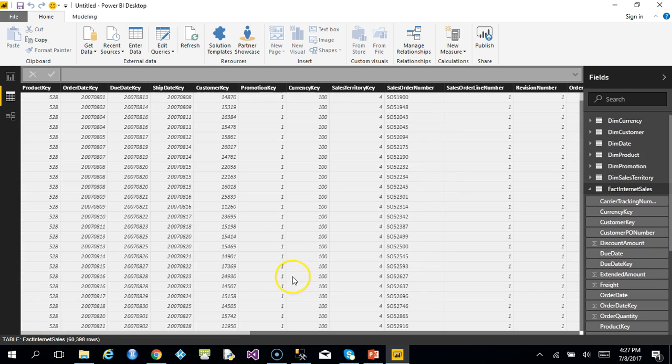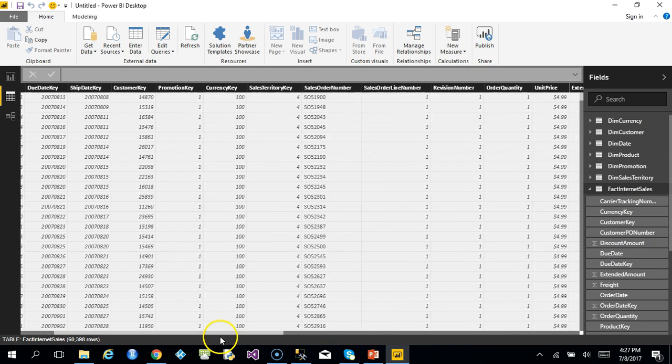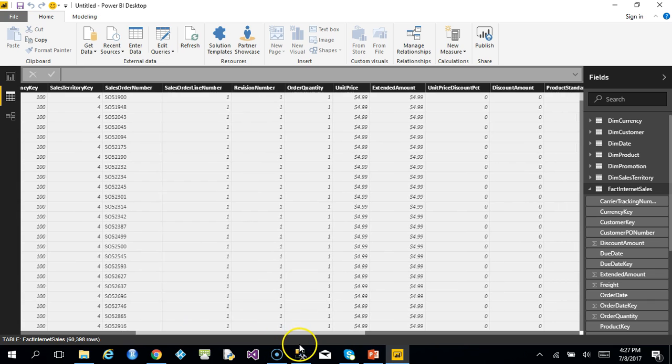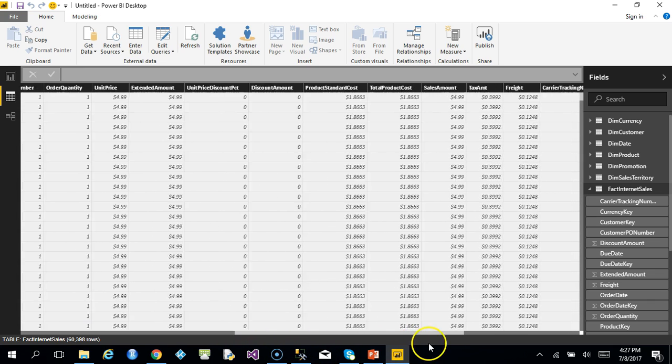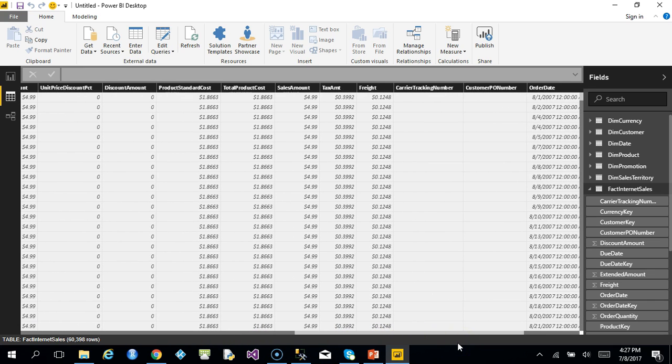So here we see our sales amount. What this does is it adds up all the sales amount and gives us the value, single